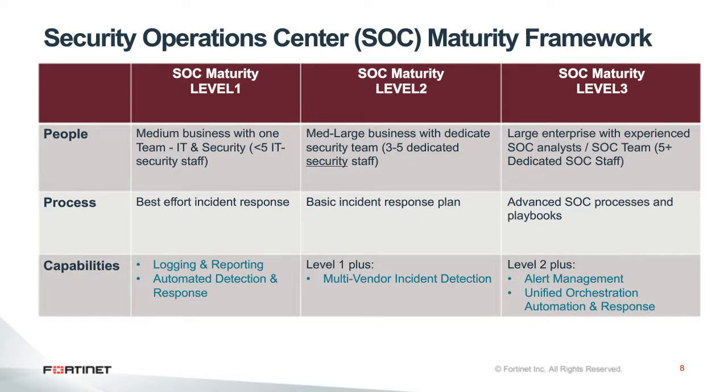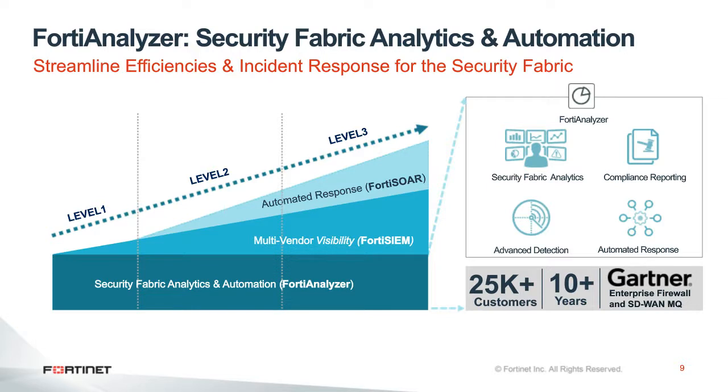Now, when we get to level 1, the primary product that is enabling efficiency and incident response for level 1 SOC maturity customers is FortiAnalyzer. FortiAnalyzer is providing our customers with 4 key use cases, ranging from security fabric analytics to compliance reporting to advanced detection to automated response. And we've been providing our customers these use cases over the last decade, if not more. And we have over 25,000 customers across segments, medium, large, MSP, that are using FortiAnalyzer for one or many of